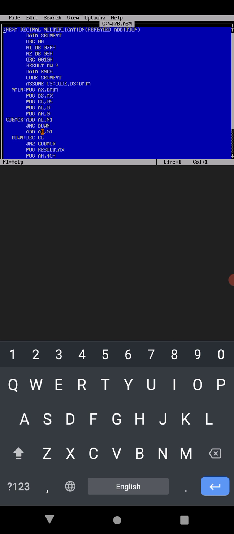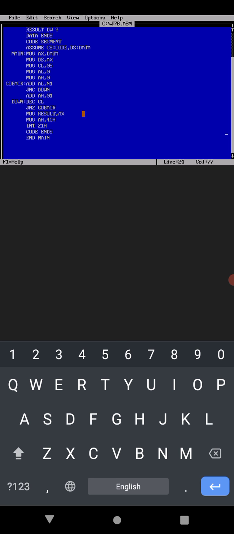If there is a carry it will add, if no carry it comes down again. When the count, that is cl, becomes 0, it will end the program. Or I can say I have to store the result. The result will be in AX, stored in the result memory location, and end the program by mov ah, 4ch and int 21h. Code ends, end main.